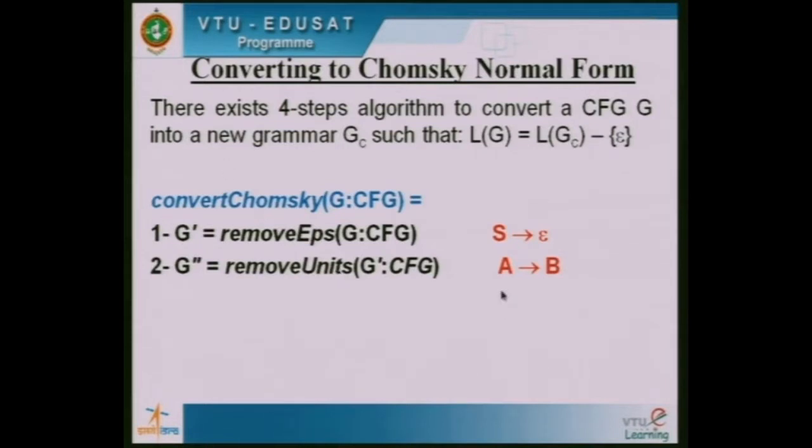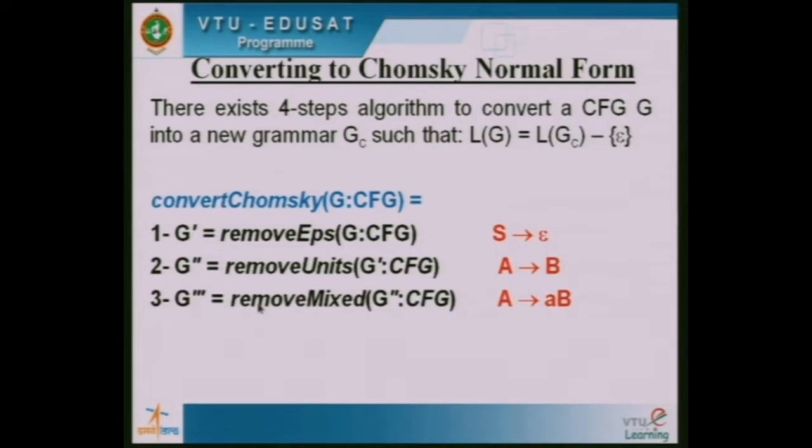What are the unit productions? Both LHS and RHS having one non-terminal. All such kind of productions are called unit productions. They must be eliminated because they just increase the number of steps in the expansion of deriving a string. After unit productions are eliminated, the grammar obtained acts as input to the